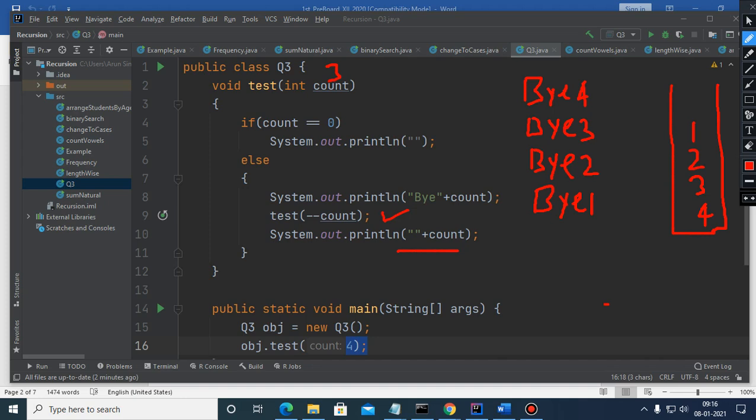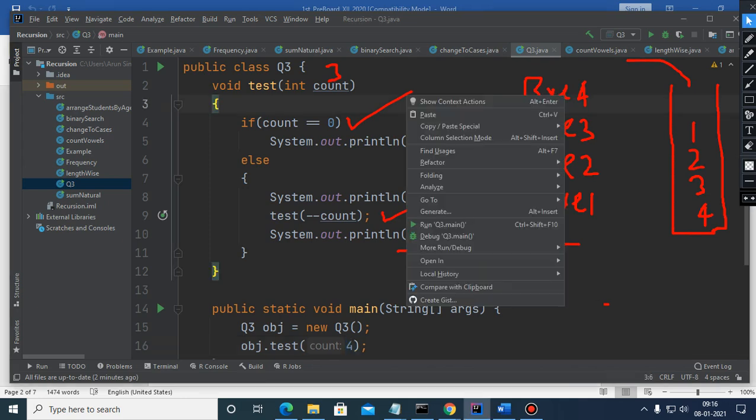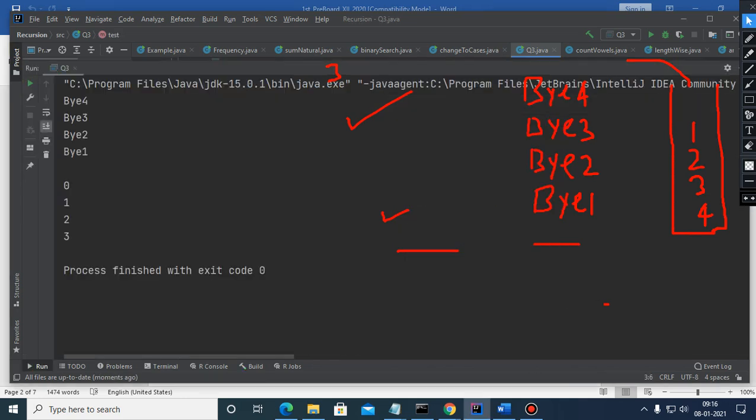And then the value becomes 0. If it is 0, then definitely the control will get returned back to the calling code, but here not to the calling code, but to the stack after leaving one line here. And after that, all the values will get popped out and the result will be on the screen.